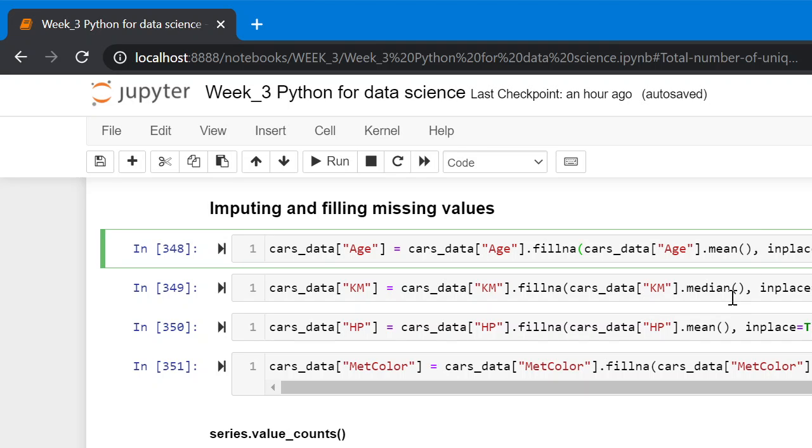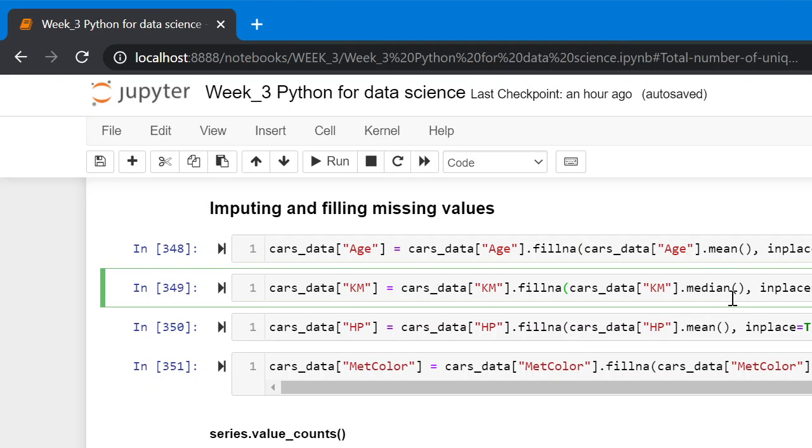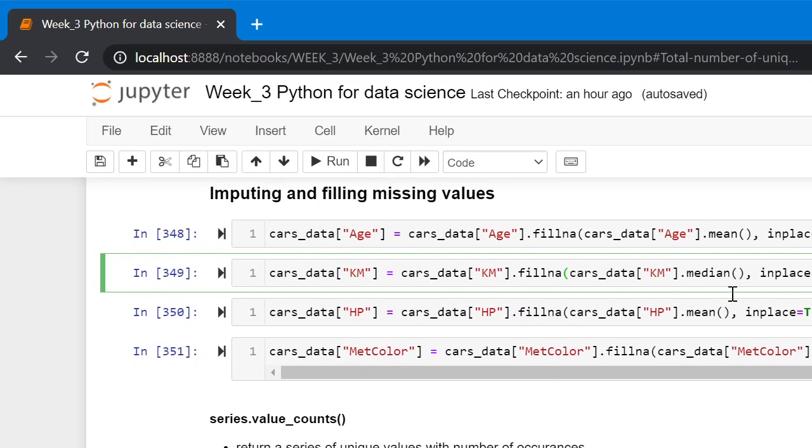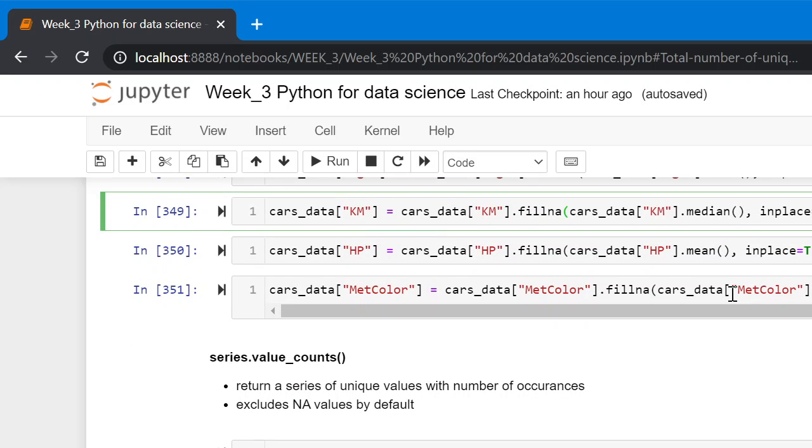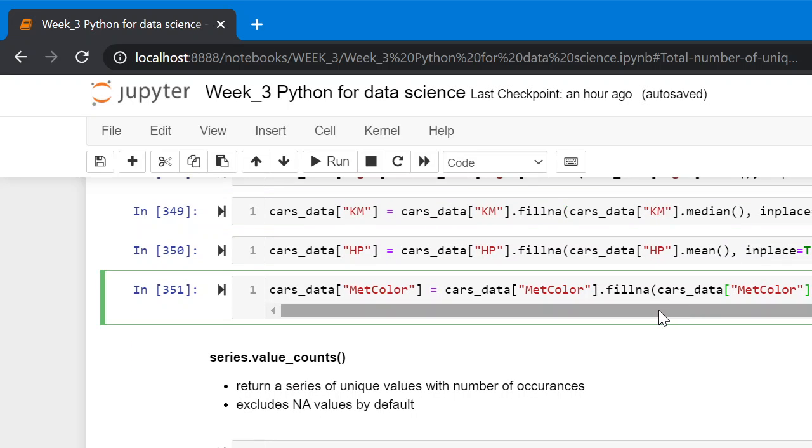In the second example, we are replacing the missing values in the kilometer column with the median value. In the fourth example, we are filling the missing values in the matte color column with the first mode.